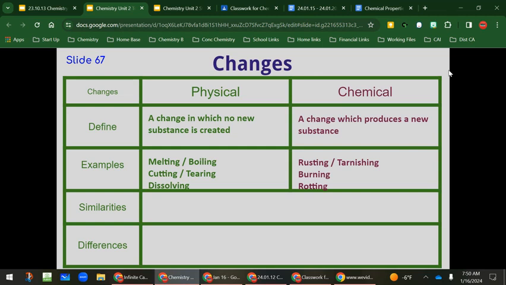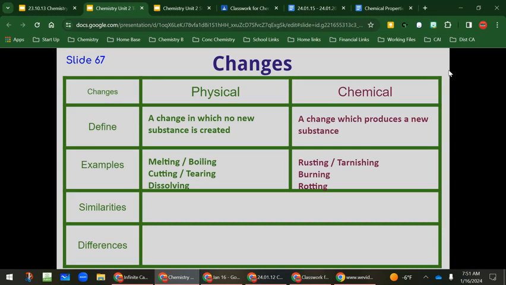Can some chemical changes be reversed? Some chemical changes can be reversed. Not a lot, but some can. For example, you could take water and split it into hydrogen and oxygen gas. And then we could put a little energy into hydrogen and oxygen gas and make water back. Yes, some of them can be reversed. Most of them cannot. You can't bake a cake and then unbake it.